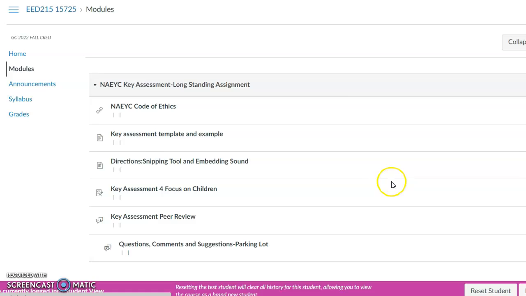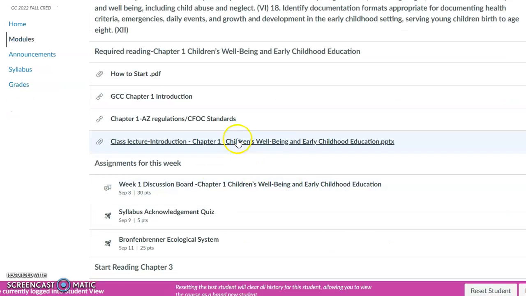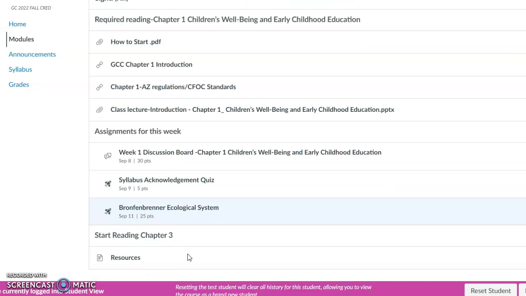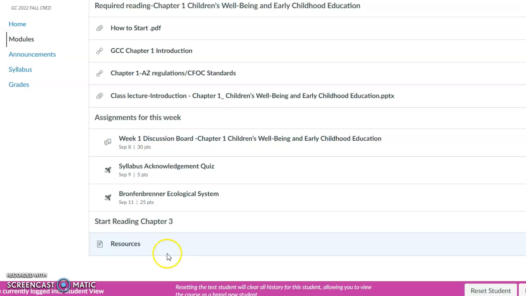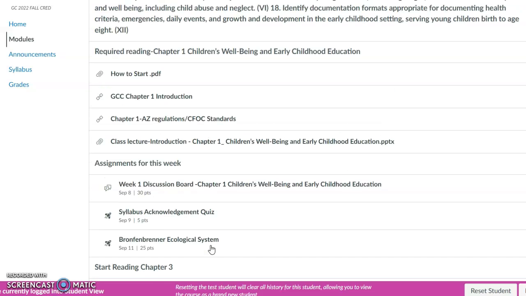So going back to modules so that we keep it straight for you. At that point, completing those 3 things, you are done with module 1, but you are not done with the sources or continuing education. So you are going to start reading chapter 3 at the end of week 1.